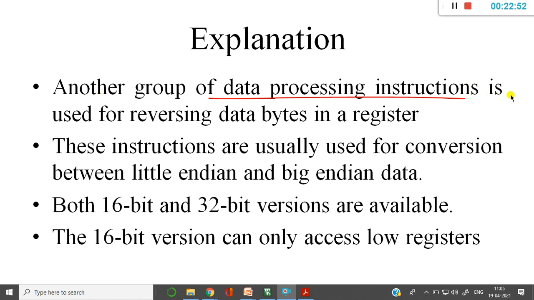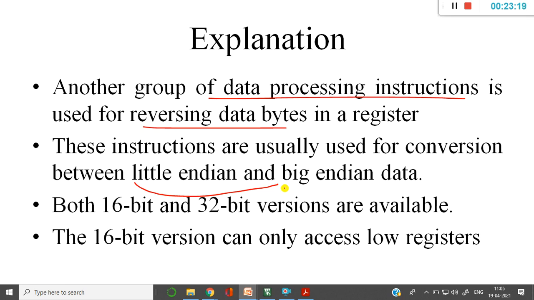So this is another group of data processing instructions. It is used for reversing the data bytes. Most of the time this is used for conversion from little endian to big endian. In ARM7 we used to write a separate program to convert little endian to big endian.